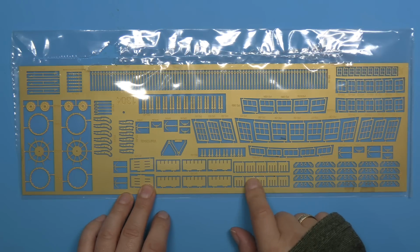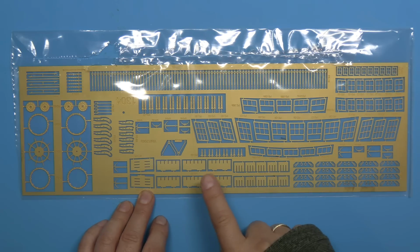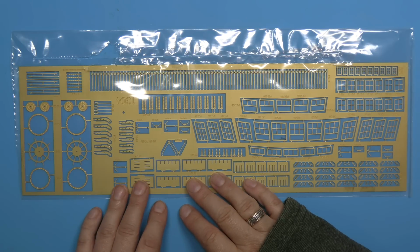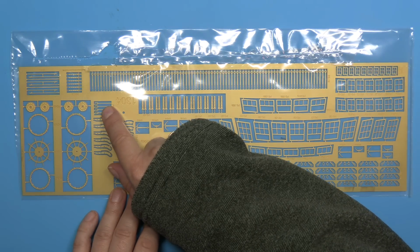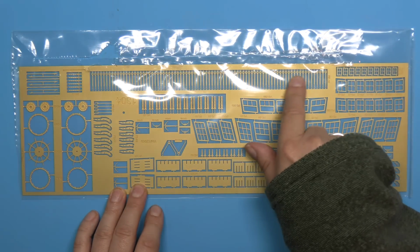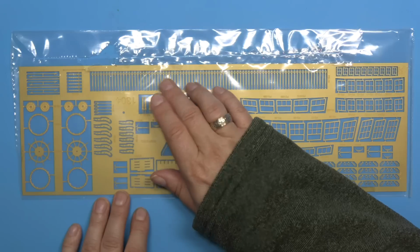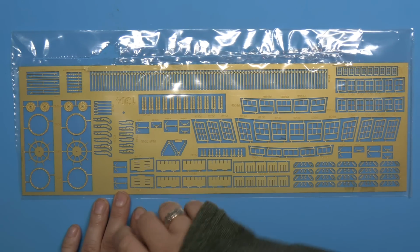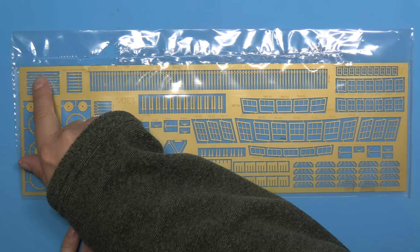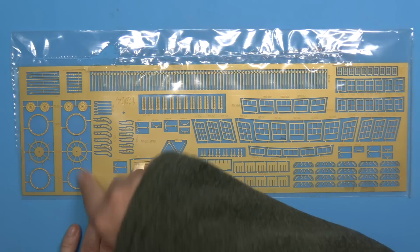Not quite sure what all of these are for. This might actually be for the flag locker. I hadn't picked up that it was photo etch being used for the flag locker, but that's what that looks like to me. And then they look like swivel gun mounts or something similar. A lot of pinions there, and I wonder if they're for the hammock cages, maybe. Not quite sure. We've got some boat hooks there, and then we've got the parts that build up the steering